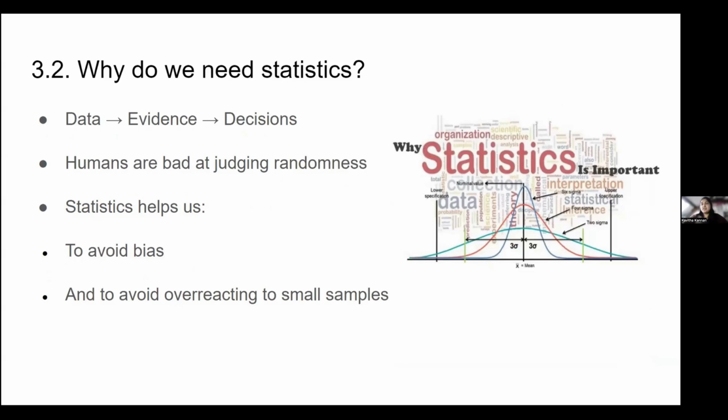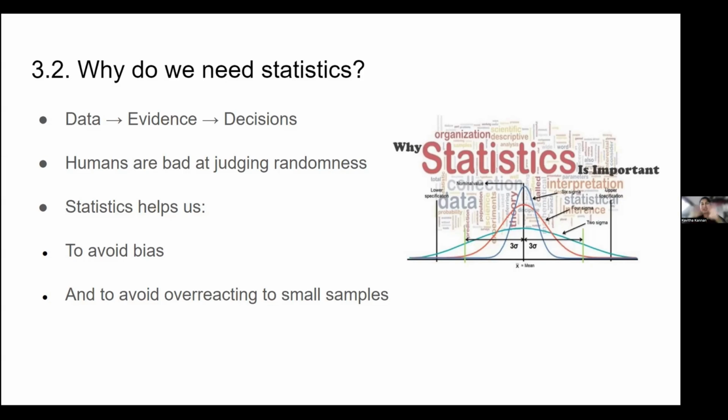the process of it is, yeah, you get the data, you make a study, you get the evidence, and then you're making decisions. These decisions are not opinions, they are decisions. They're statistically significant decisions. They're based on the data. And we all know, including ourselves, we are quite bad at judging randomness. I mean, I can do a juggling task one day, and I can be extremely good at it, and then I say I am the best juggler in the world. But that's not true.